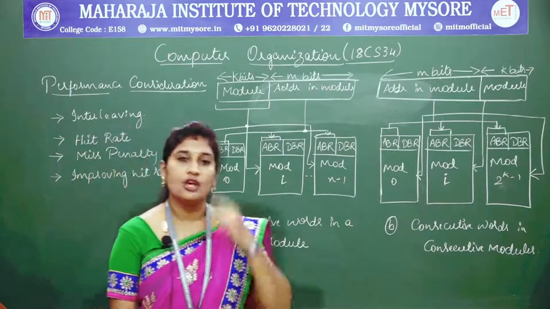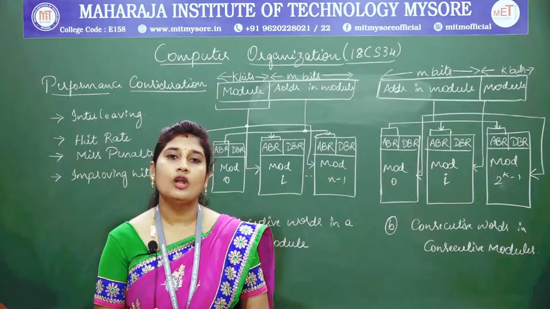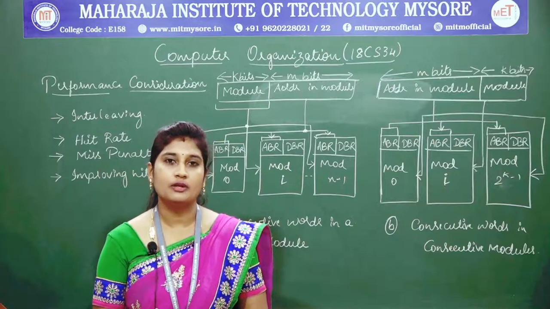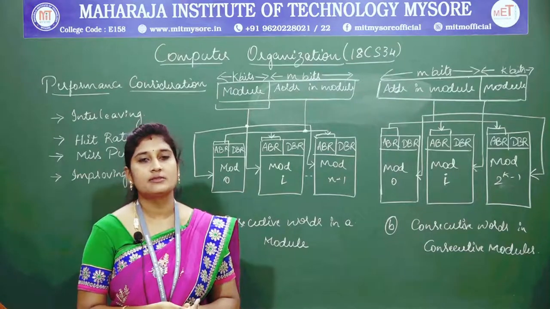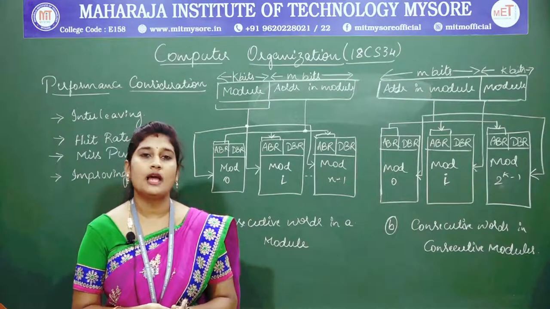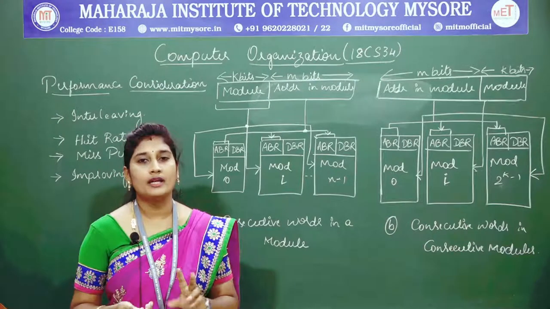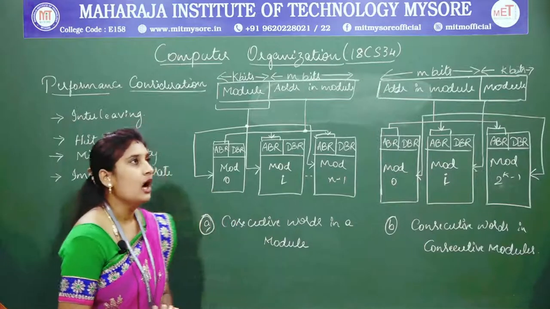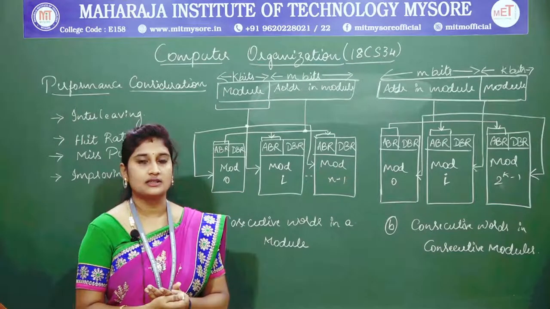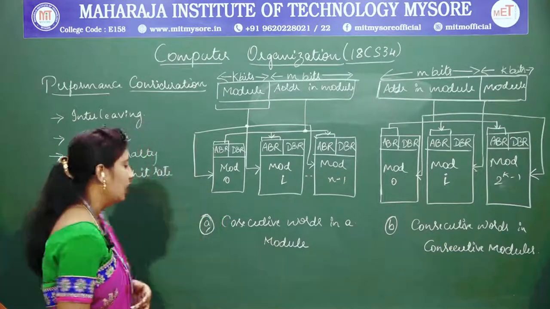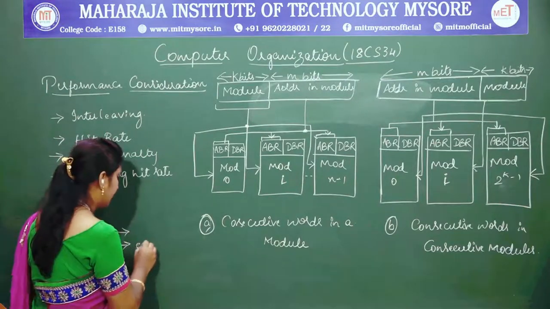So the performance of the computer system in terms of memory will always be considered better when it is achieved at low cost, isn't it? Whatever performance of the system is achieved in terms of low cost will be a better performance of the system. And the performance depends on two factors, that is how fast the instructions are moved from the main memory to the processor, and how speedily the execution of the instruction happens.